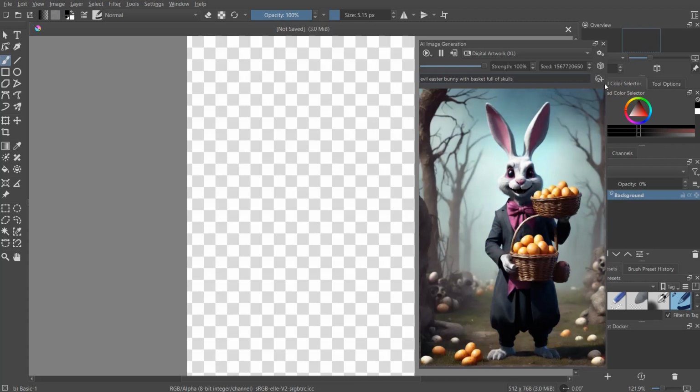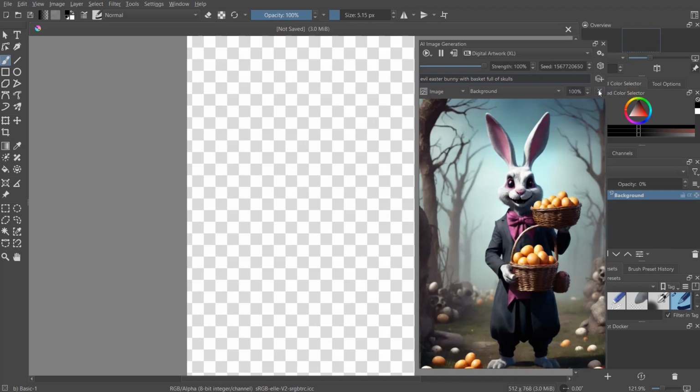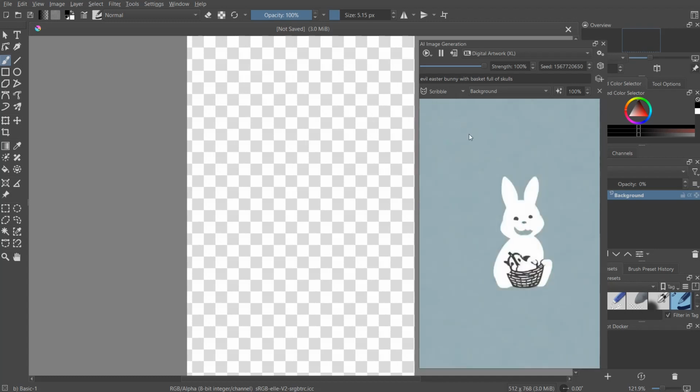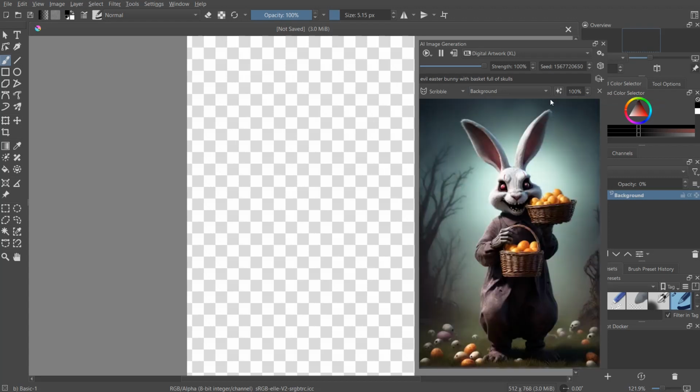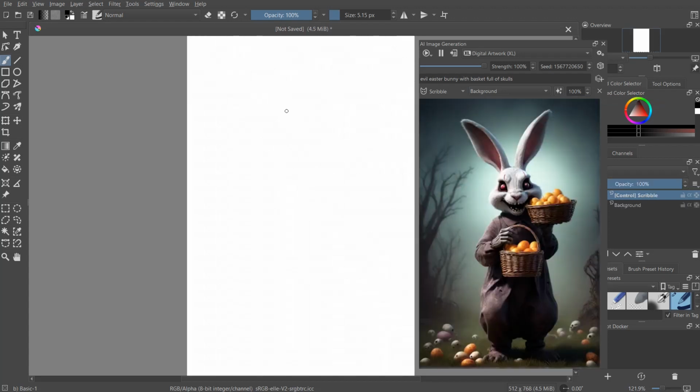You have to click this over here. This is to add a layer to your image. Okay, so you're going to click that. It brings us down here. Initially, it goes to image. Okay, you're going to drop that down, select one of the others here: Scribble, Line Art, Soft Edge. Okay, I'm just going to go with Scribble again. It gives us this. And what we're going to do is click the little magic button here, and that adds the layer over to the actual drawing